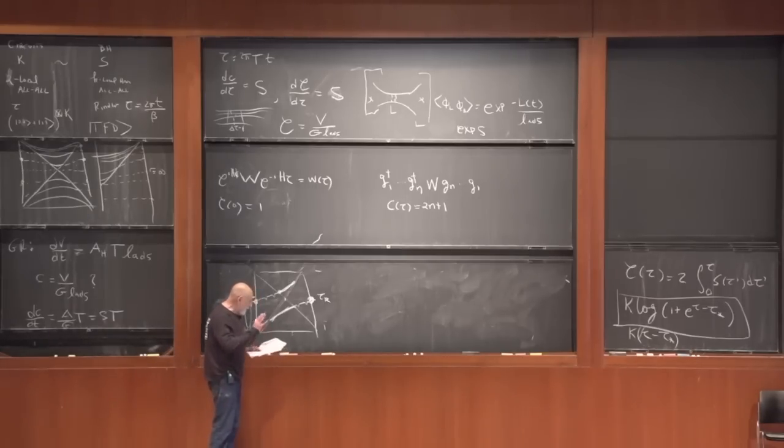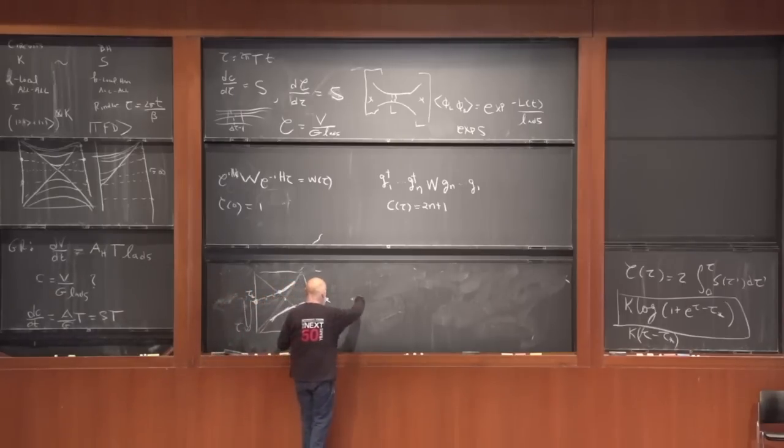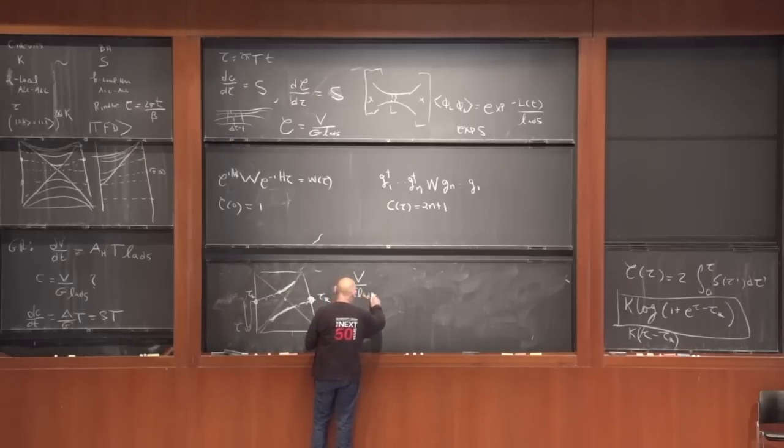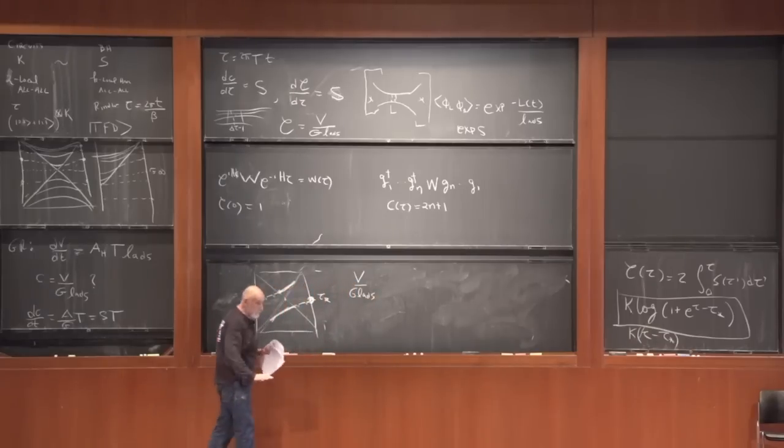It was derived by Schenker and Stanford, but for a slightly different purpose. I'm not going to go into it. I will tell you this formula is pretty good. It works, it has all the right features. Okay, so the volume divided by G times L_AdS. Now this is a pure general relativity calculation, no complexity, is given by log